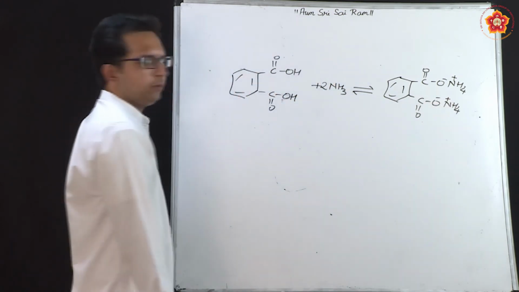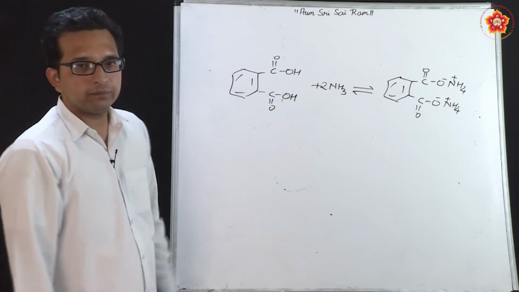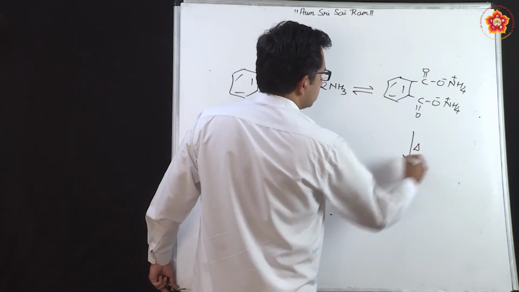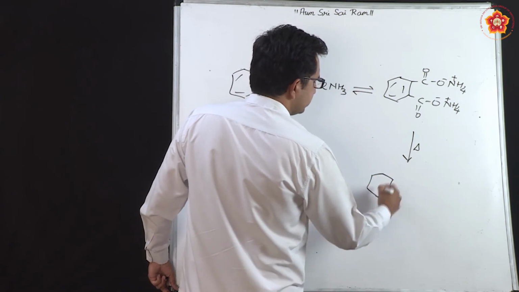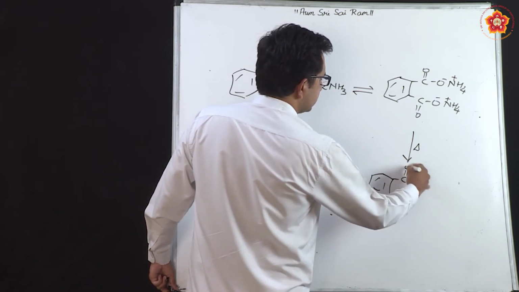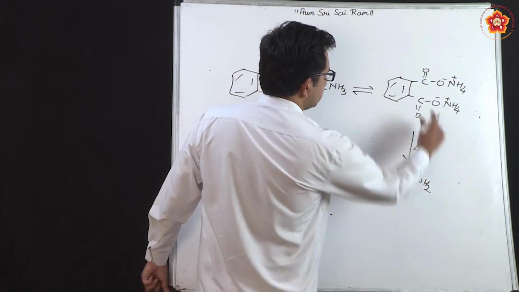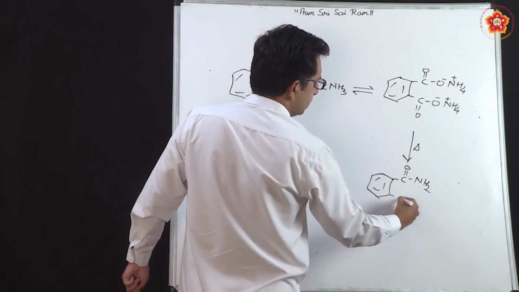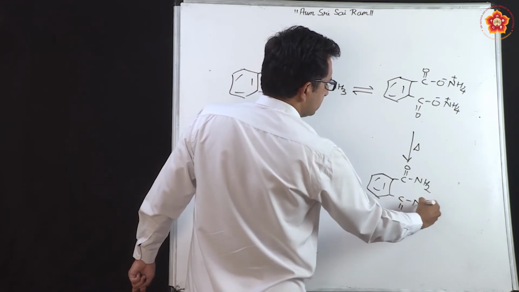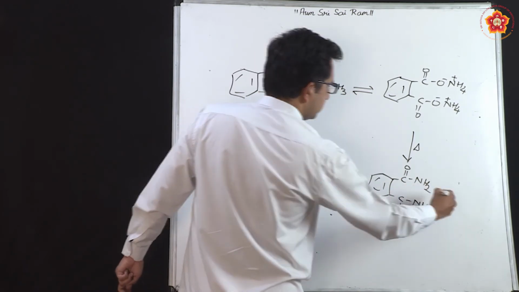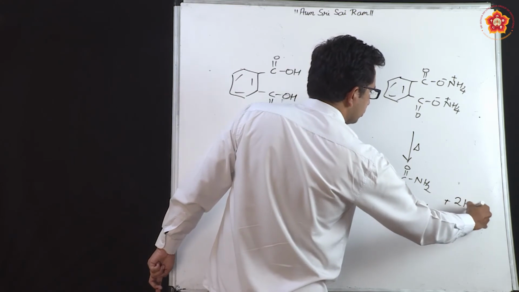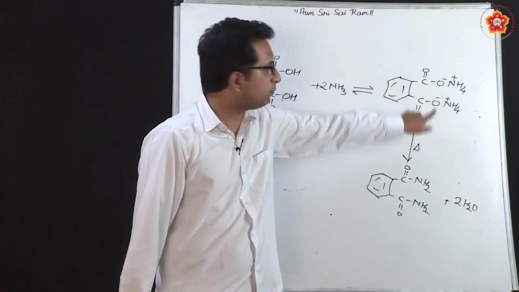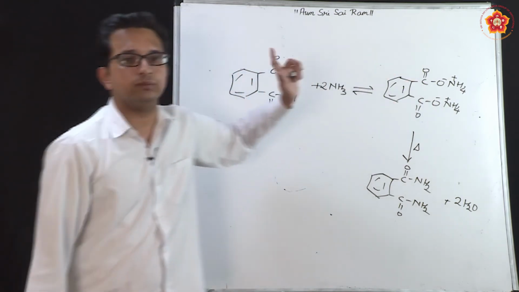So, this is the intermediate which has been formed, ammonium phthalate salt. Later on, when you undertake heating, what happens is that in the benzene ring where there is CONH2, one water molecule has gone from here, one oxygen and two hydrogens. Similarly, here another. So, I can write that the byproduct here was 2H2O, because from the upper part one H2O was missing, and from the lower part another H2O is missing.